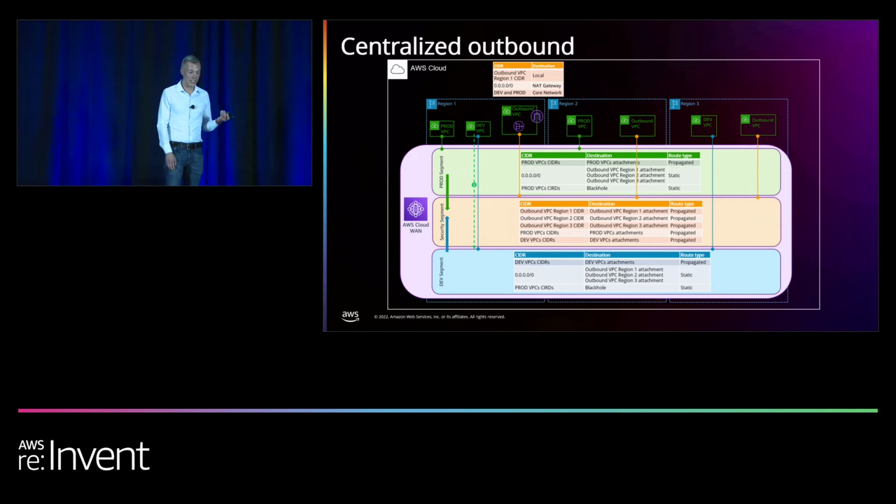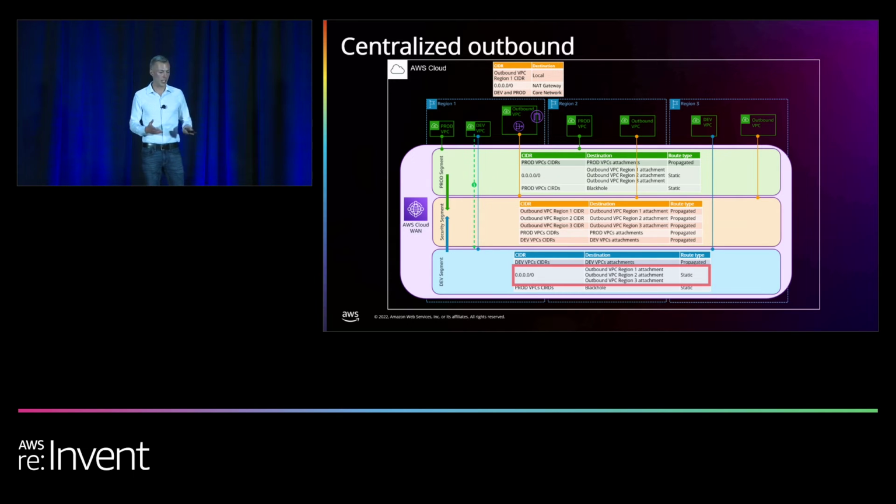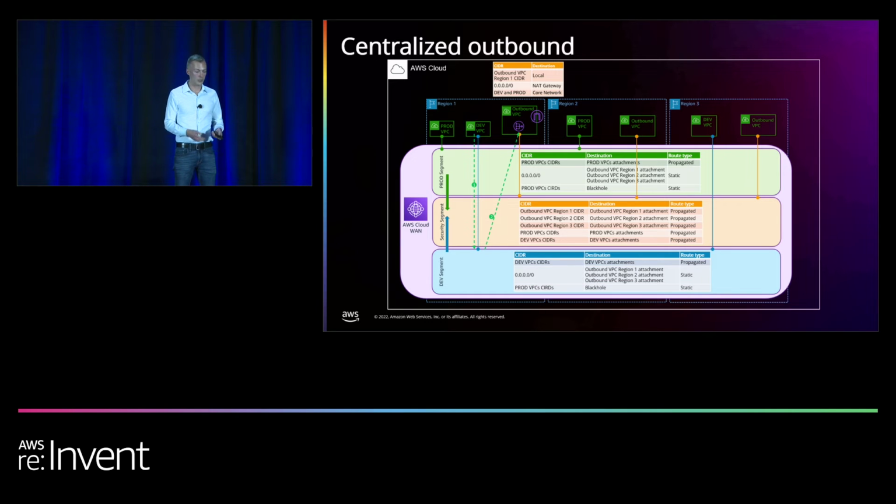So in this case, an instance in our dev VPC would just have a default route in the dev segment. And then we see, again, here we have 3 routes, 1 for each region. So if one of these were to fail over, it could go to another region. But following a best practice, we'll have an egress in that specific VPC. These are static routes. These are something you need to define and work through as you build out your network. But then we see that goes directly to the NAT gateway, to that core network edge. That core network edge has a default route to the NAT gateway. And then from the NAT gateway out to an IGW, an internet gateway, and then traffic can come back in.